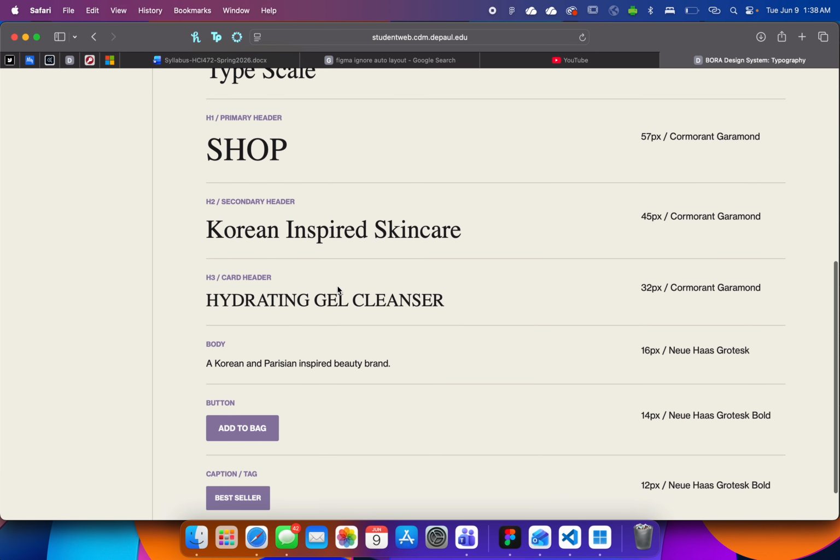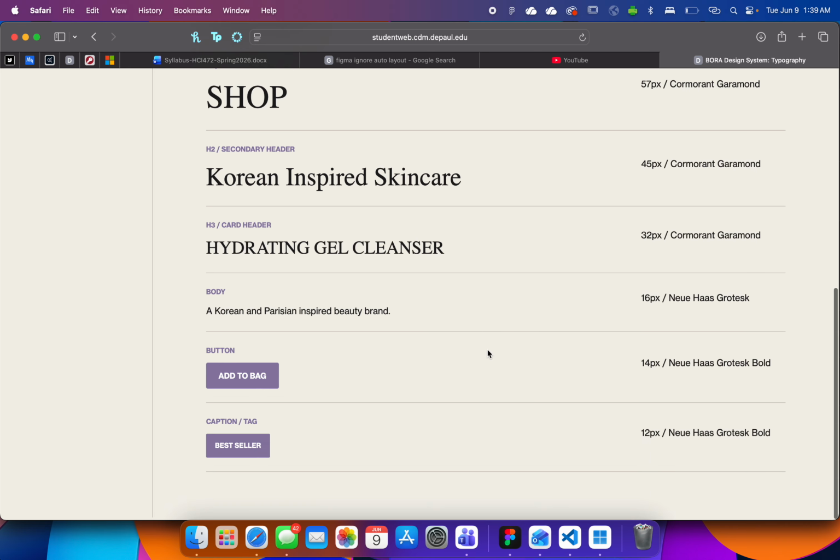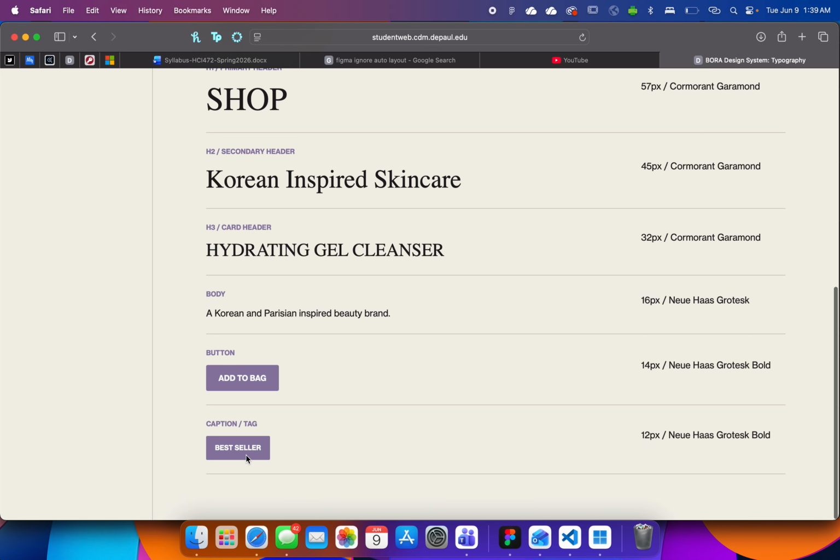Then you can see the scale along with where everything was used. See the buttons, and then I have these tags that I used,